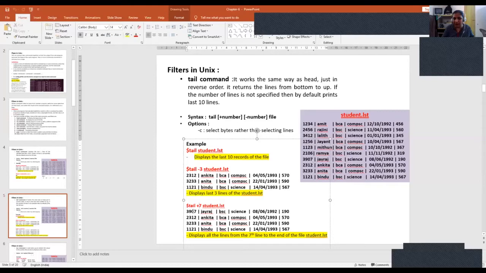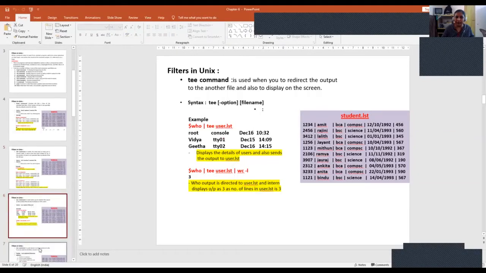So I'm going to display all the details from the 7th record till the end of the file. Please note, -3 is an option, but when I give plus, it has a special meaning: it is going to start from the 7th position. Okay, so that is all about the tail command.